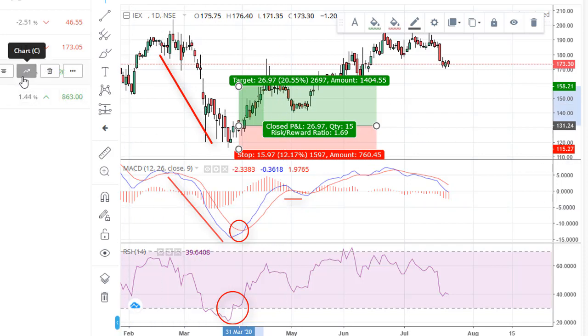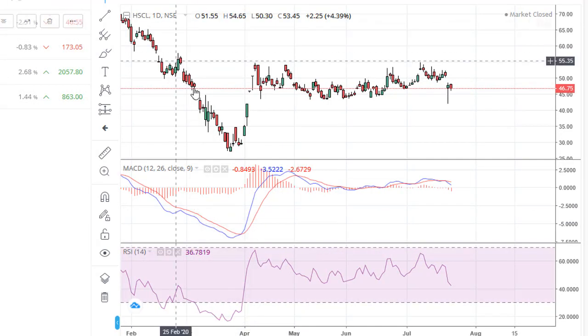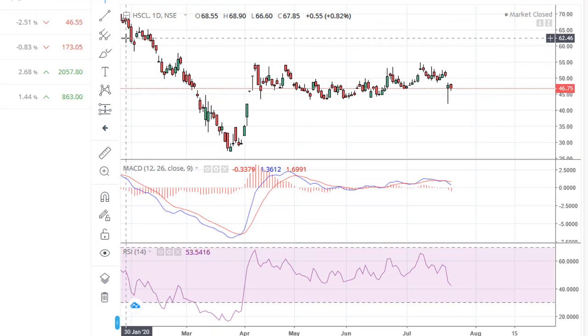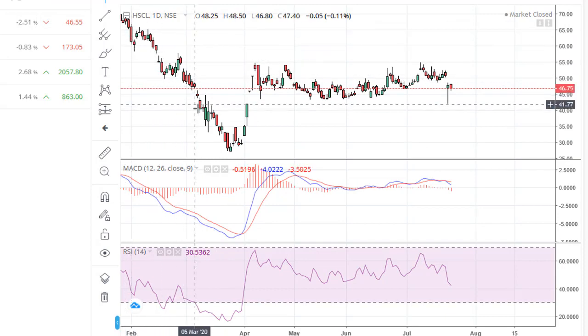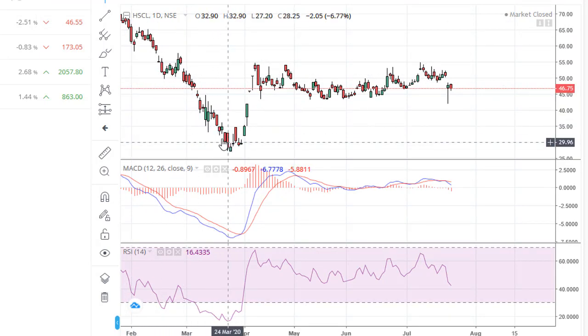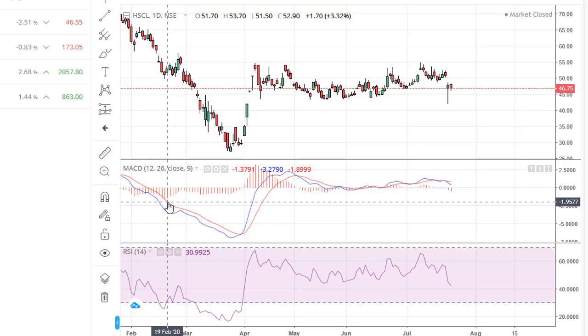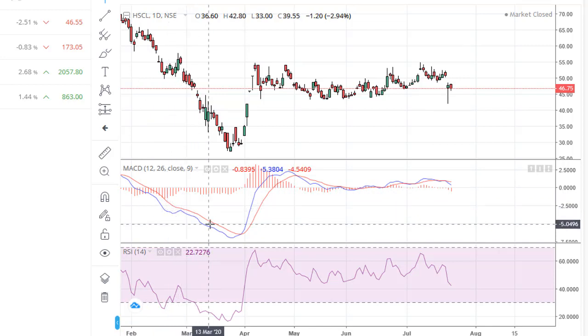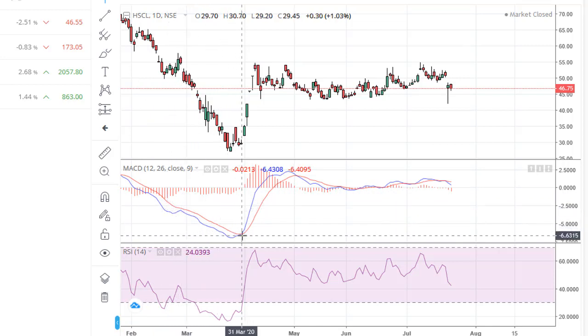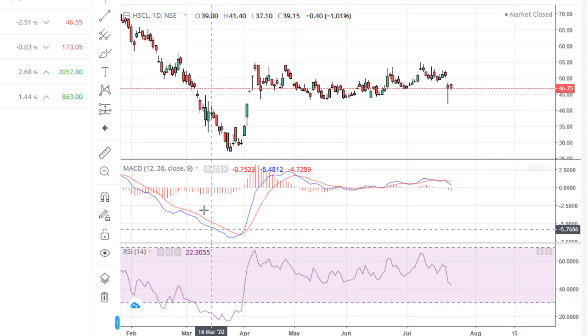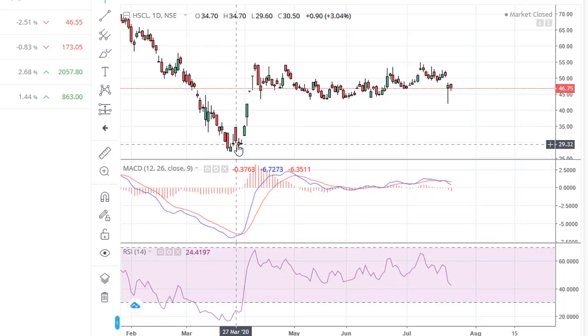To understand this better, let's go to another example, which is HSCL. In this example, you can see the stock price was dropping for a long time. It was really dropping. It is a huge drop. You can also confirm that using MACD. The MACD is going lower than the histogram, and here it is crossing. At the same time you can see the RSI giving you a signal. So this is the perfect entry for us, because the price has already dropped enough, and this is where we are expecting some reversal.